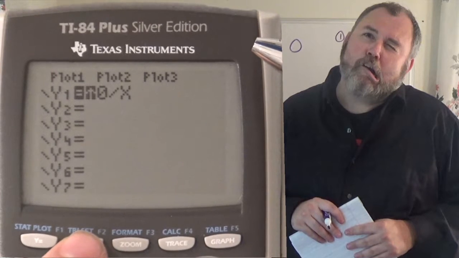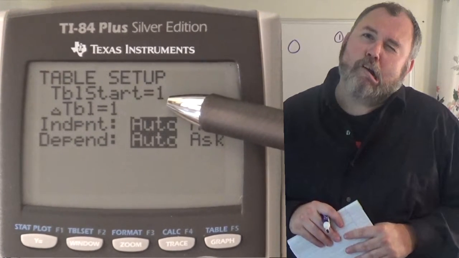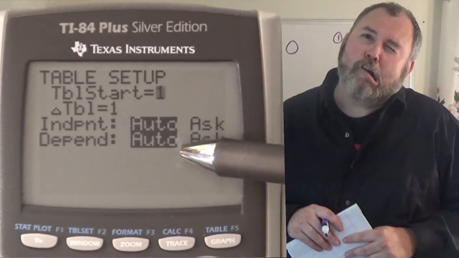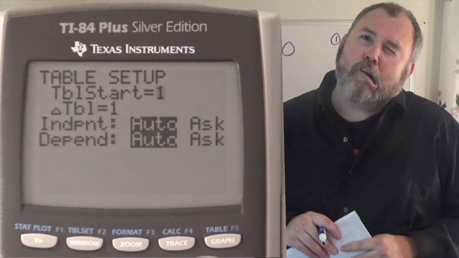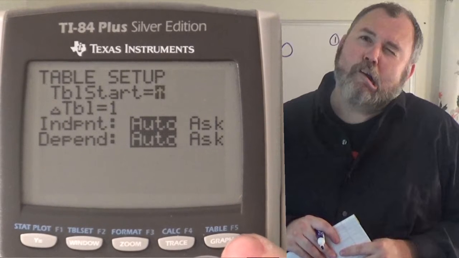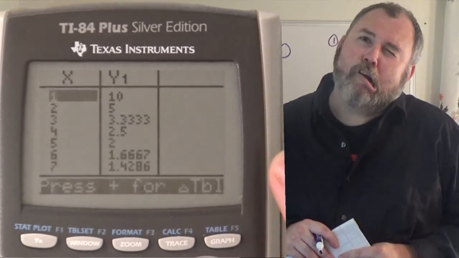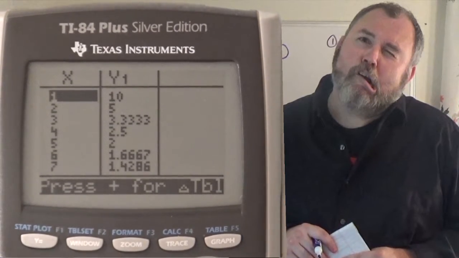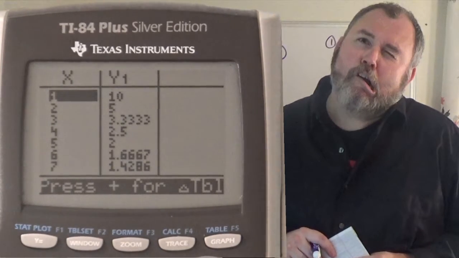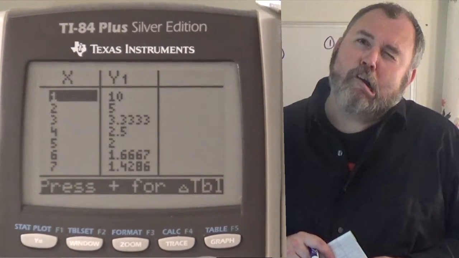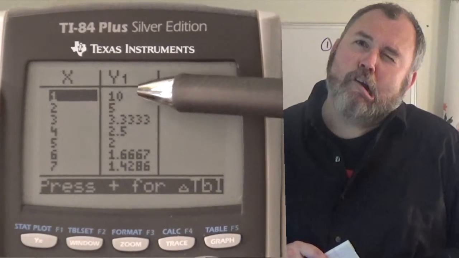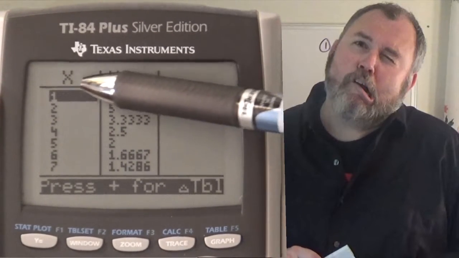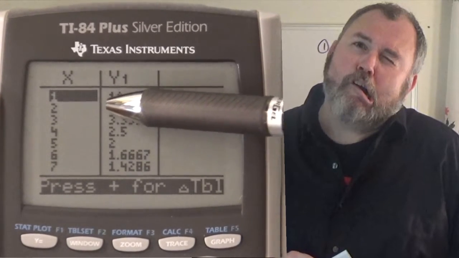Now, you're going to go to second table set, which is right here. You want to make sure that your table is set up to be auto for your independent and your dependent. Now you want to go to second table, which is this one. And now you have a nice little table, and what you see here are all the possible different factors of 10. Like I can have 1 times 10 gives me 10, 2 times 5, and then also